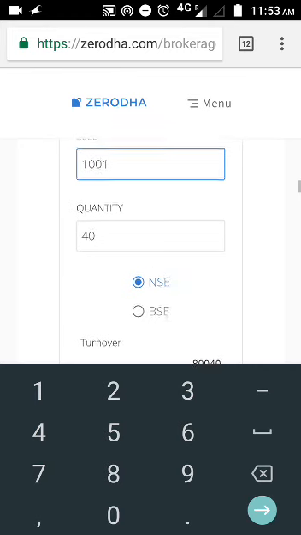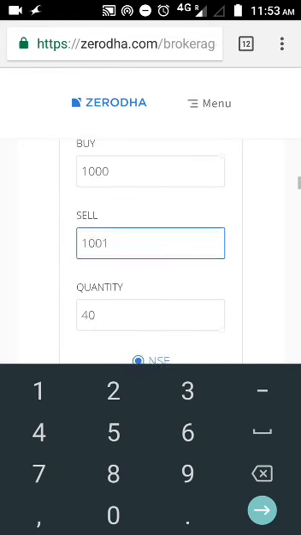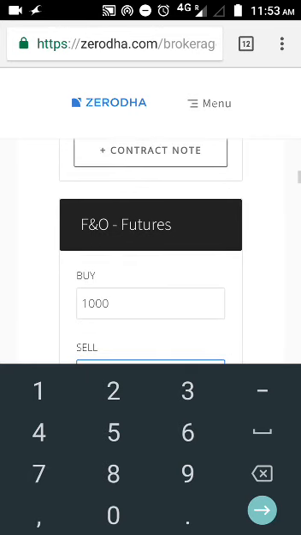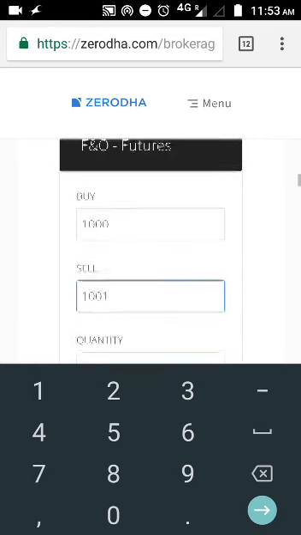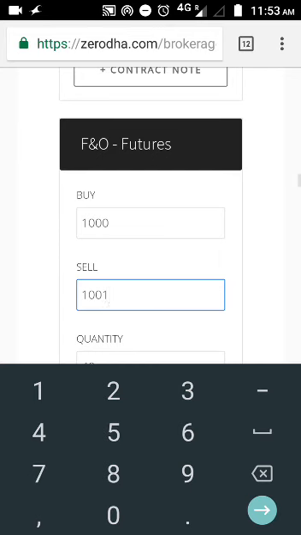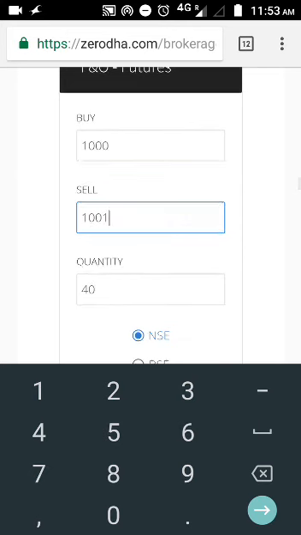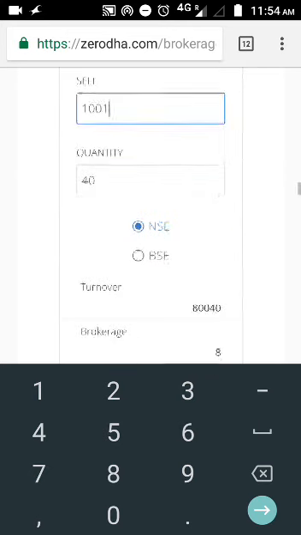That means for a 1 point movement, 40 rupees should ideally be your gross profit, but 15.54 would be your total transaction, tax and charges, and your total profit would be 24.46. So it's easier to trade with futures with Zerodha than other platforms,